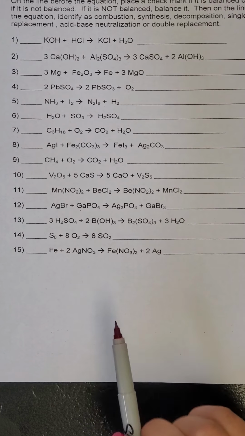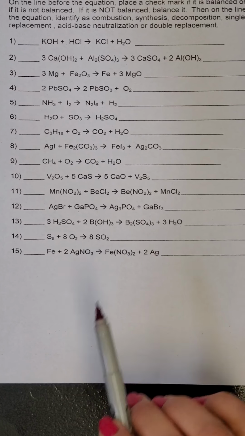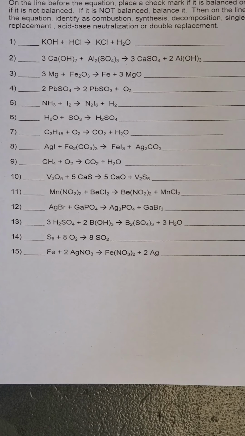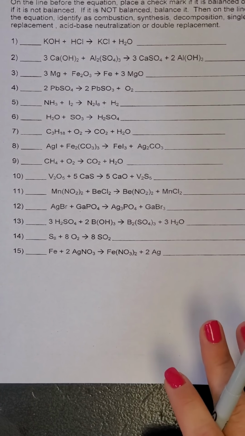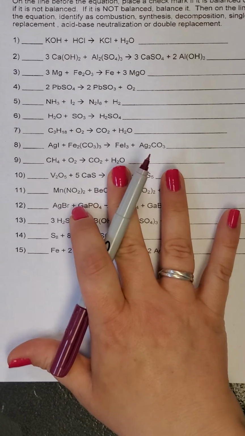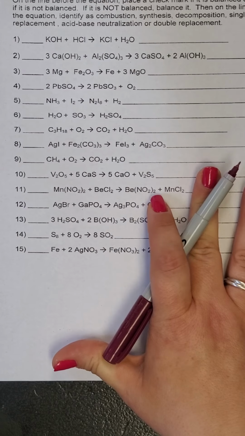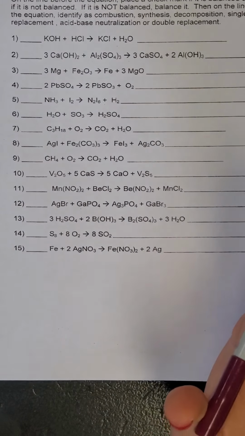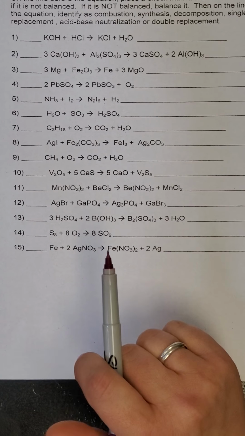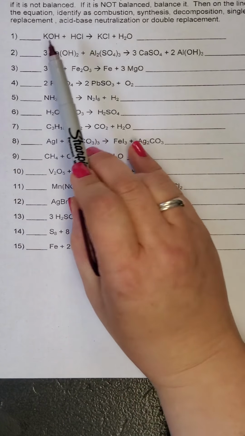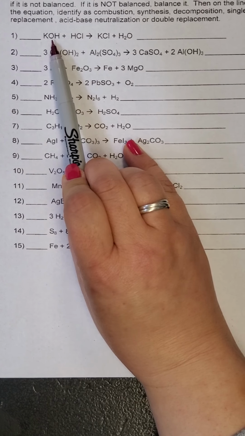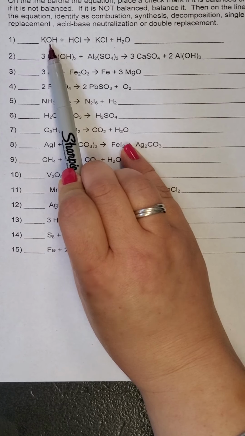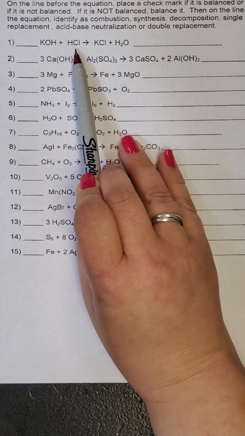This is the one that was called ID and Balance Quiz. For this, the instruction said to balance and then to identify. So the first thing I want to do, because I think it's a little bit easier, is the identification. For this first example, you have a compound, potassium hydroxide, and a compound, hydrogen chloride,